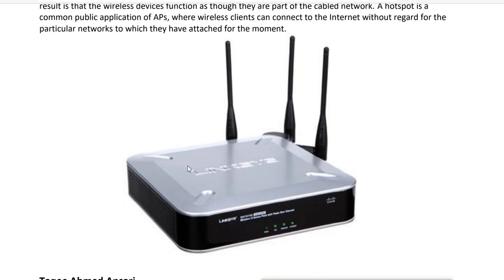So this wireless AP actually works like a switch to connect the wired network to the wireless devices, but it actually does not work like a switch, it works like a hub. Because there is no guided network, there is no wire to connect devices, the signal will be transferred by broadcast. So the devices will broadcast the signal to the AP and the AP will broadcast the signal to devices. So it actually works like a hub.